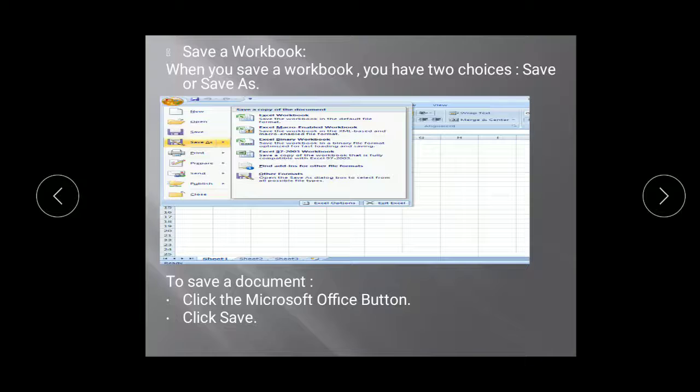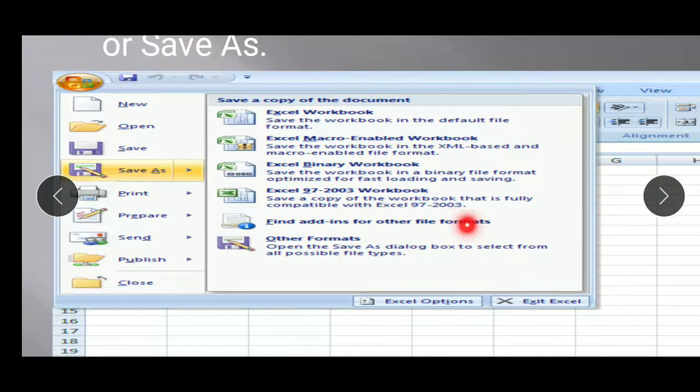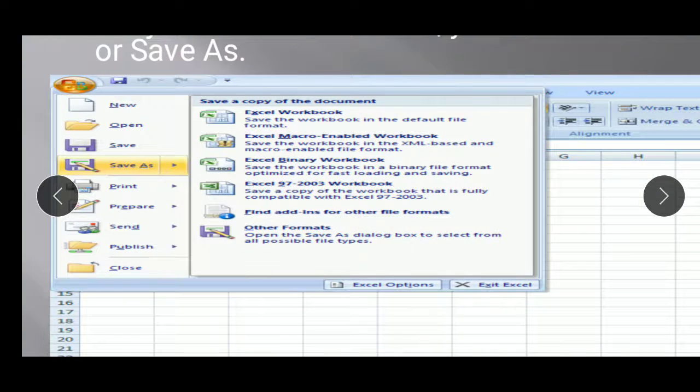The next is saving a workbook. Once my work is done, these are the Excel options on the Microsoft Office button. But if you do not want to go for that, if you want direct saving when all your work is done, you have two choices in your Microsoft Office button: save and save as. Save is the normal save, just show the path. If the path is specified, click on save and your work is done.